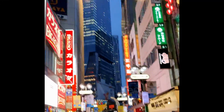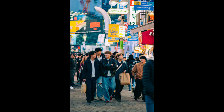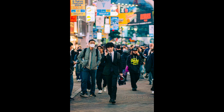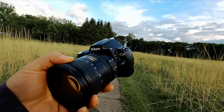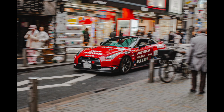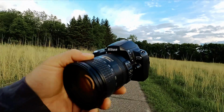When I was using it in Japan, I really did like using it just because of how easy it was. 3 autofocus points, minimal changes. Autofocus was not forgiving, so it's one of the things where you have to really understand the camera settings to get the shot you want. And I liked it just because you just had to slow down a lot more and really watch what you wanted to take a picture of. This camera makes you, I wouldn't say it forces you, but it makes you work for the image, which is nice. But if you don't like working for your image and you just want to spray and pray, more to you. But I feel like this one definitely makes you a more patient person,